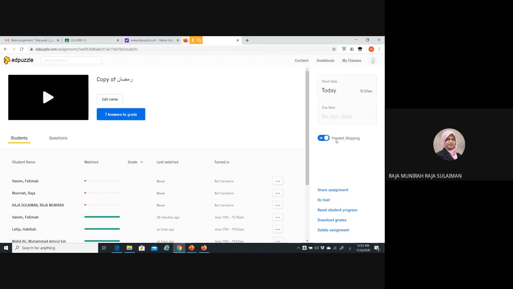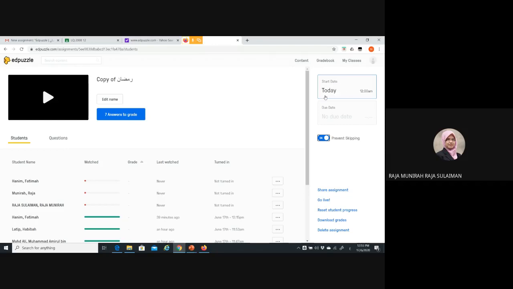They cannot skip. So if you want to allow them to skip, you can drag the button here like this. So they can skip. But I don't want to do that. I want them to watch from the beginning until the end. So I prevent skipping.